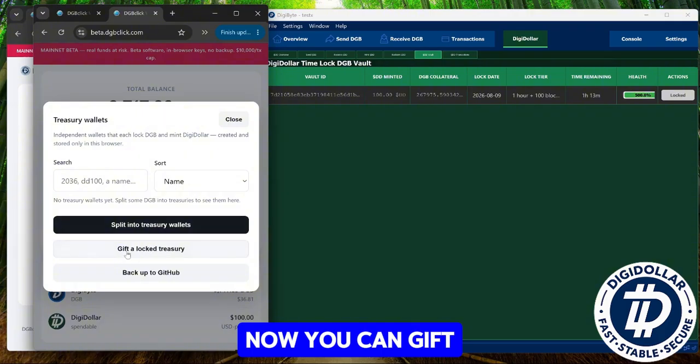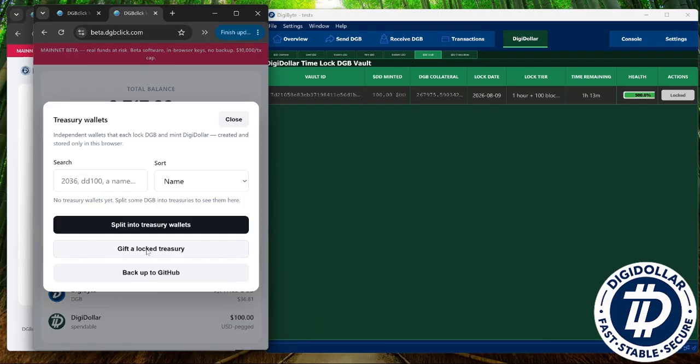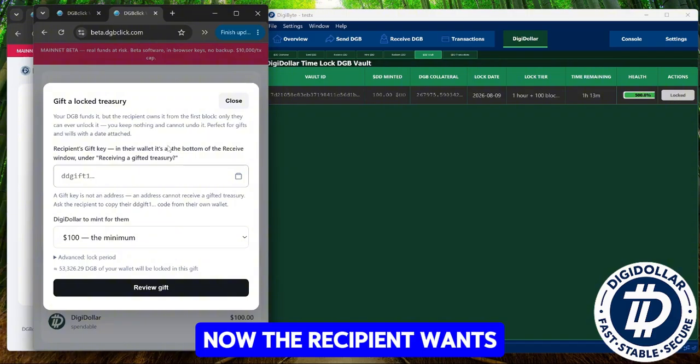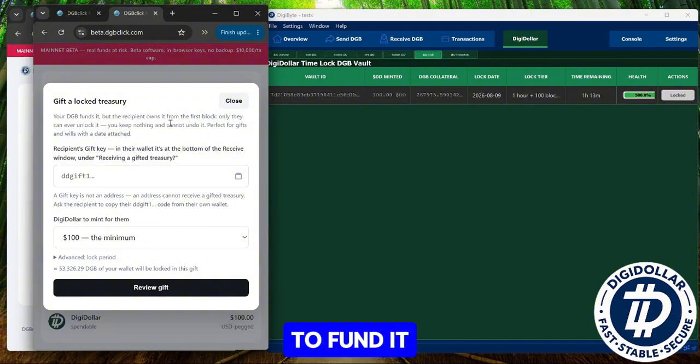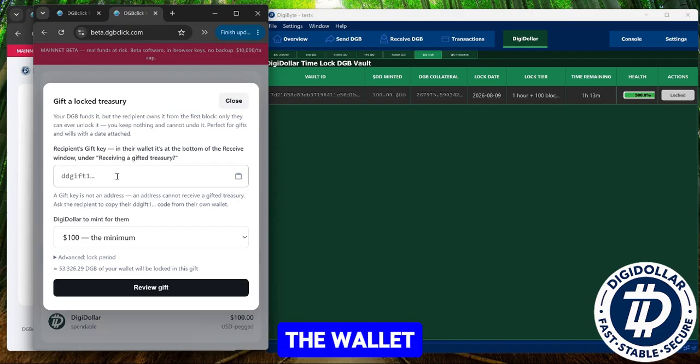Now, you can gift a locked treasury. Gifting is something completely interesting, because when you click gift, you're going to ask the recipient for a gift key. Now, the recipient wants a wallet, but he doesn't want to fund it. Maybe you have all the DigiByte and he's just got cash, whatever. So he's going to pay you cash and you're going to fund the DigiByte and create the wallet and mint the DigiDollar and gift it to his own wallet